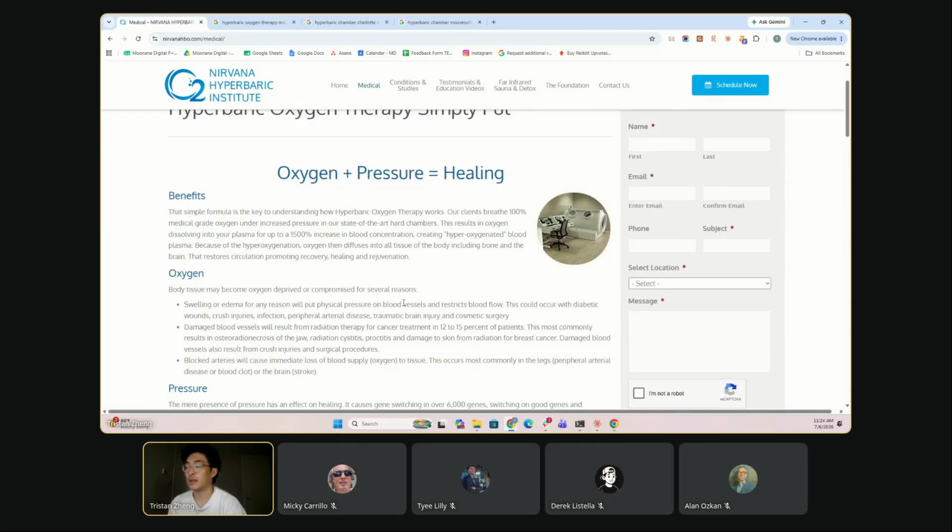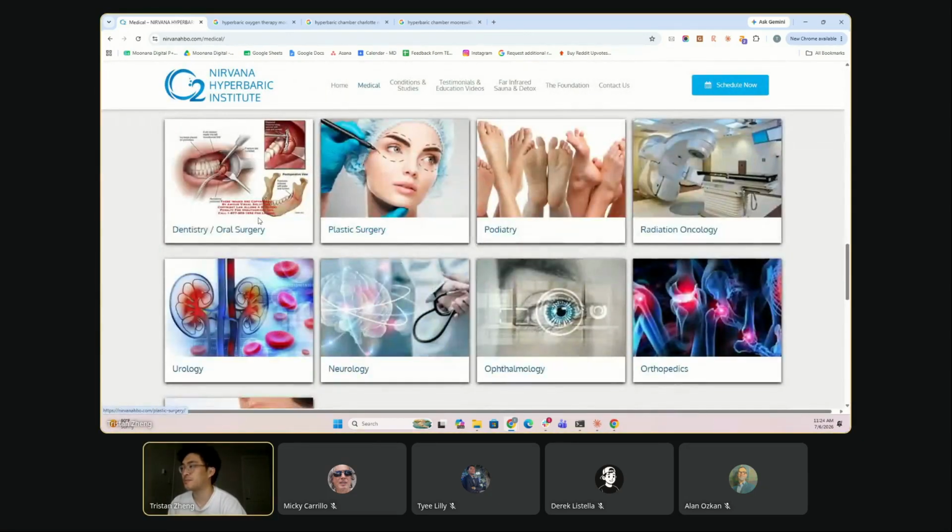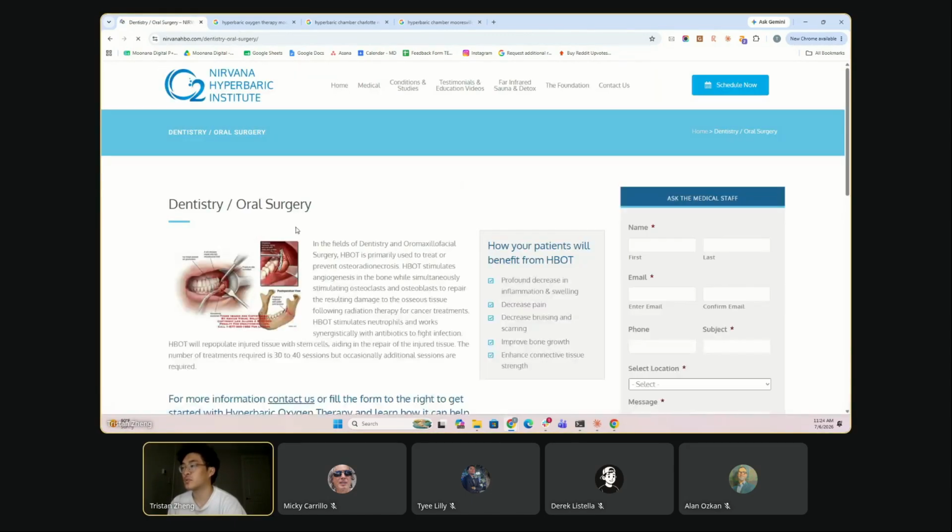In today's era, a lot of search happens through agents, these AI crawl bots. Let's just do an example here: dentists, oral surgery. Someone might say, I want to do hyperbaric oxygen therapy to prevent osteoradionecrosis, or something like that. Let's say they say that to ChatGPT. ChatGPT is going to be specifically looking for a business that does that type of service, right?